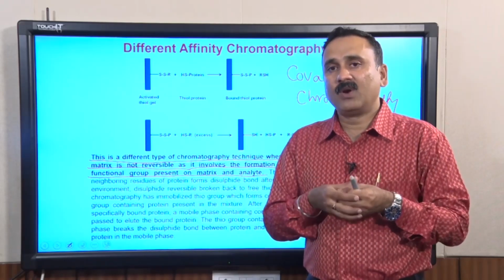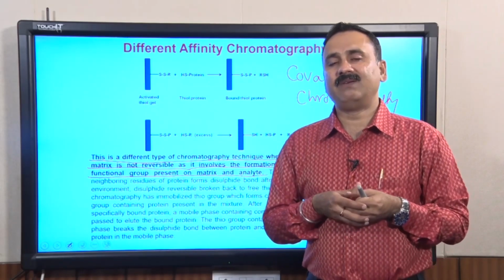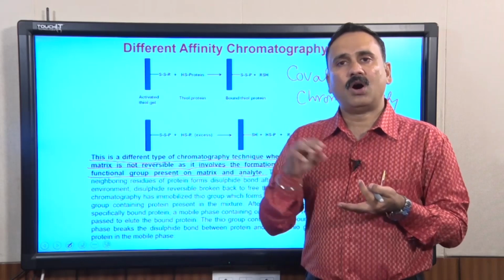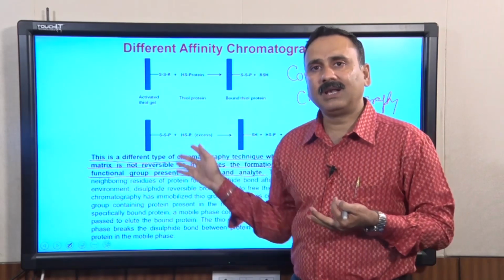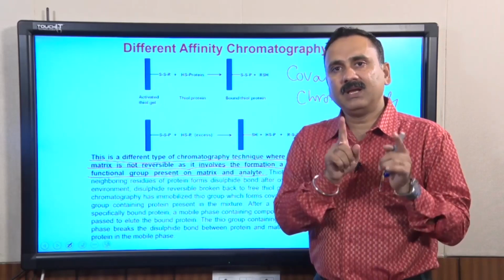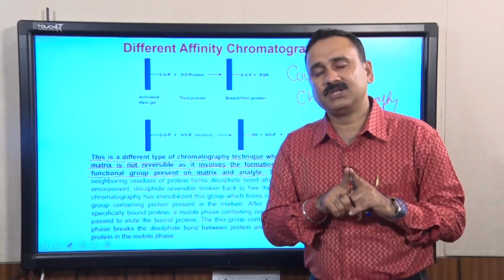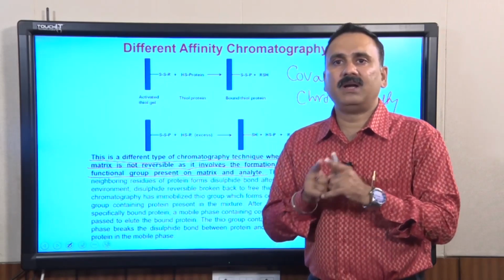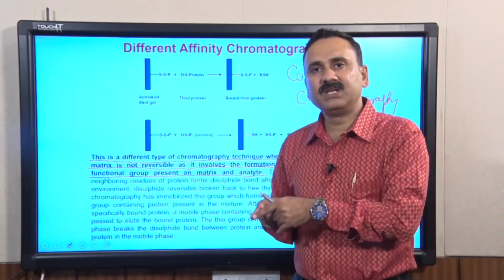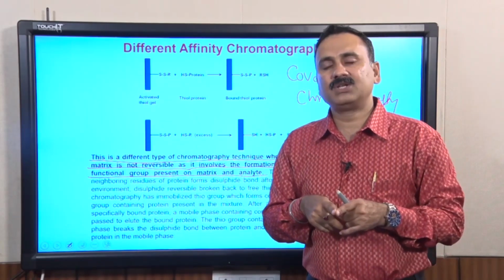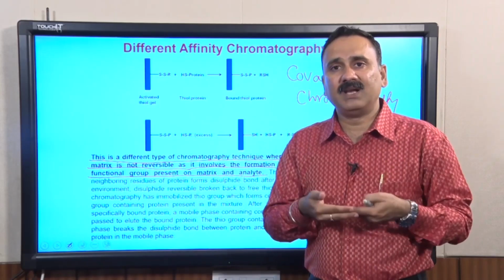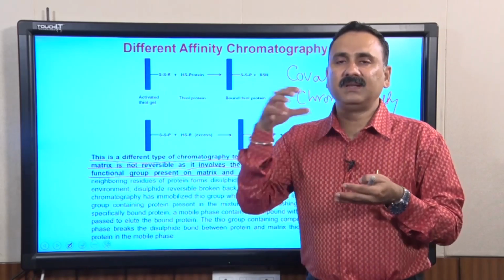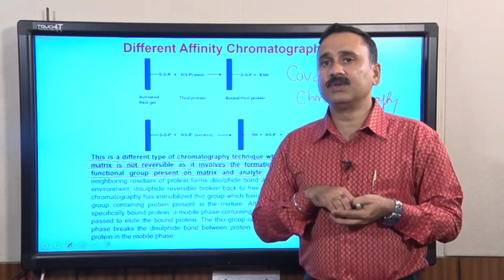If you remember, in most of the chromatography techniques we have discussed so far, whether it is ion exchange chromatography, hydrophobic interaction chromatography, gel filtration chromatography, or even other classes of affinity chromatography, you are making a receptor-ligand interaction, but these interactions are non-covalent. These interactions only involve hydrogen bonding, van der Waals forces, pi-pi interactions, salt bridge interactions, and other kinds of interactions, but not covalent interactions. Because of that, you can break these interactions and reuse these columns again and again,